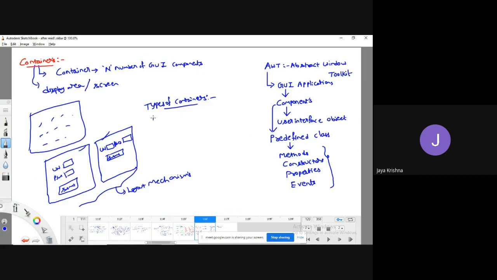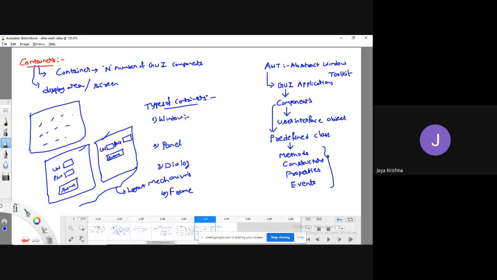Generally, there are four types of containers: one is the window container, the panel container, the dialog container, and the frame container. So what do you mean by window container?